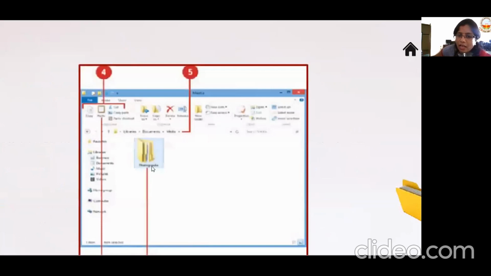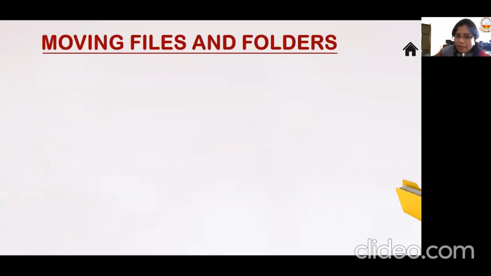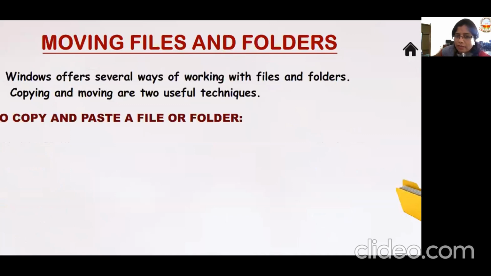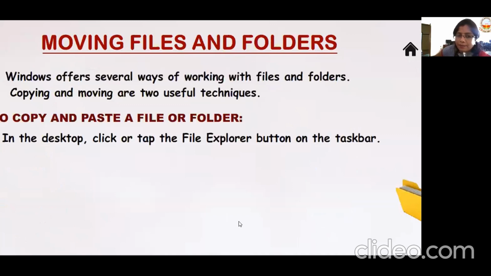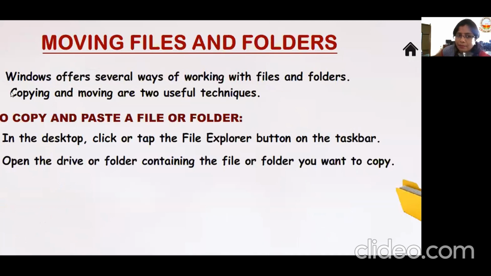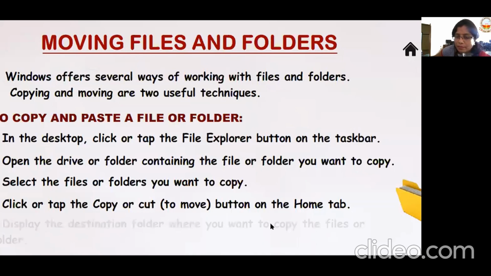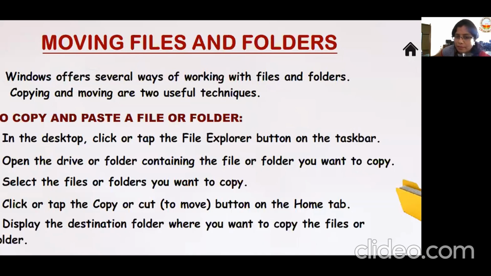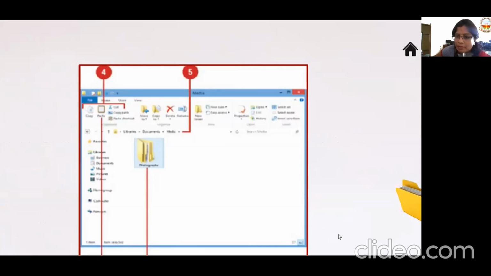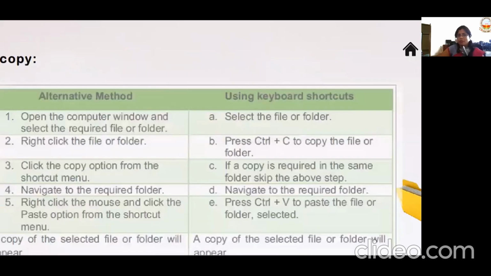This is how it is pasted. Then we will see about copy.